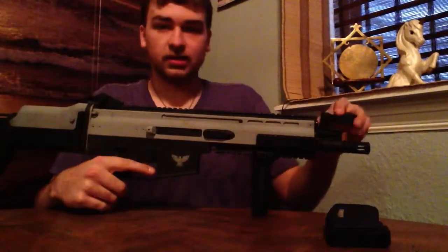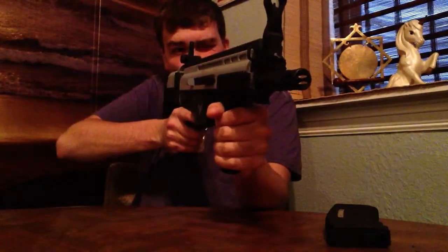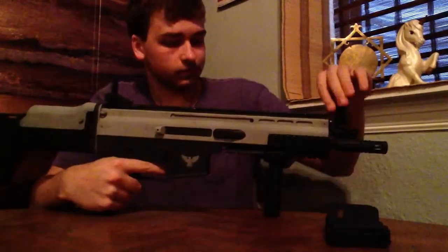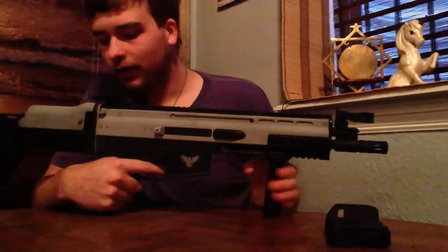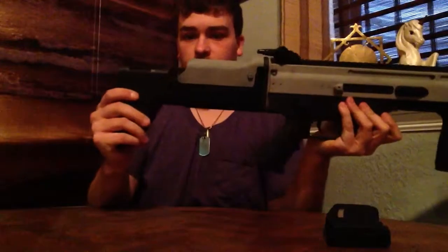It does come with these standard Scar flip-up sights that I am not a fan of, but they do have very decent accuracy. They're made for accuracy before spray and pray, which some people don't like, but they're very well put together sights. The stock is a three position